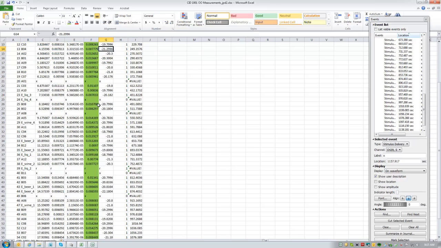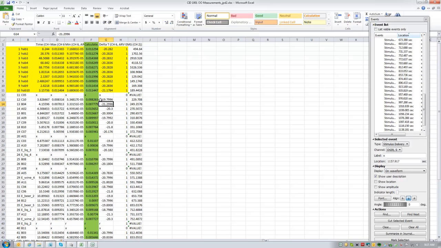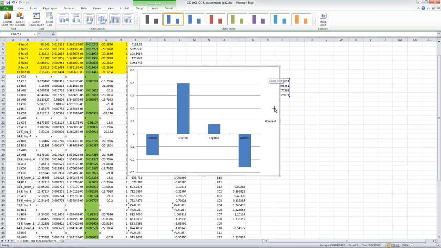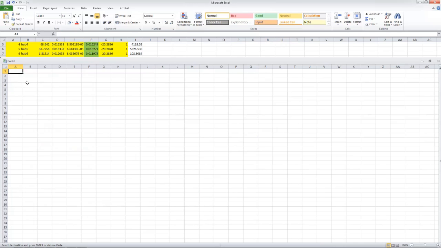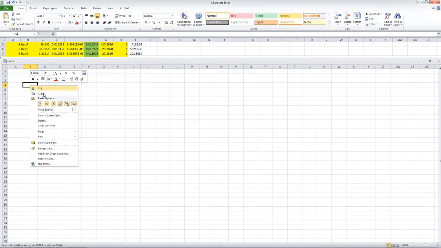Now the important thing to remember is that with affective modulation of startle, everyone's tonic level of startle is slightly different, so we need to do a z-score transformation within individuals. So this will show you how to z-score transform as a first step. Now the last step is that we're just going to take this z-score transformed data, we'll copy it, open up our sheet that contains our data,